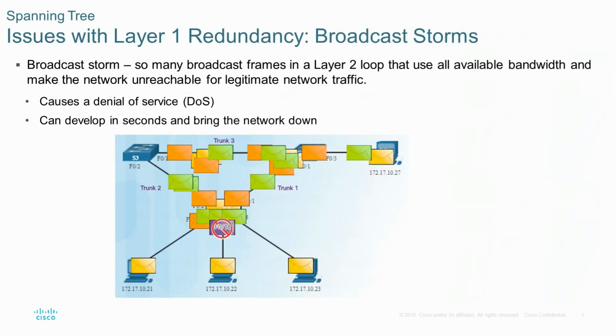This broadcast storm will cause a denial of service, because your network will not be reachable even for legitimate traffic, and it can develop in a second and bring the network down. So the network will not be available if you have a broadcast storm.